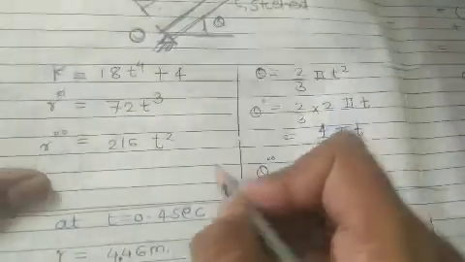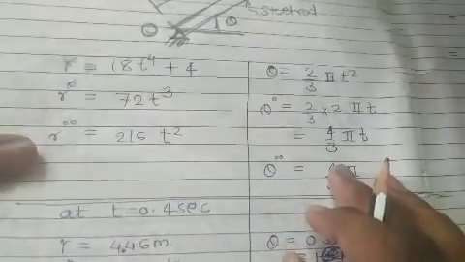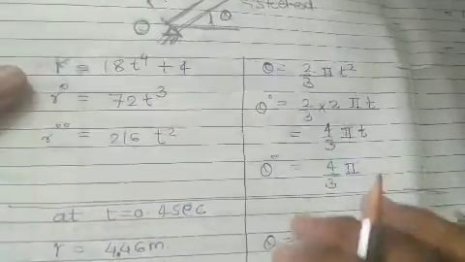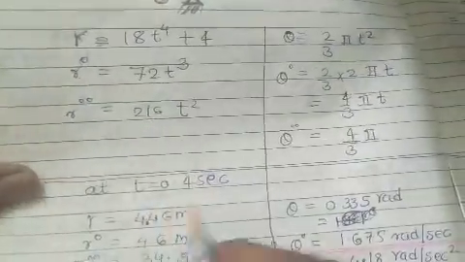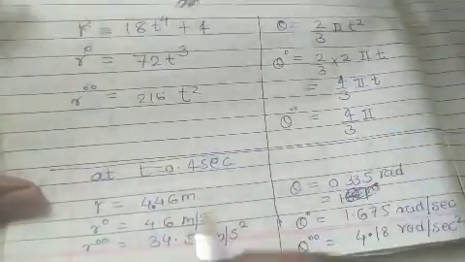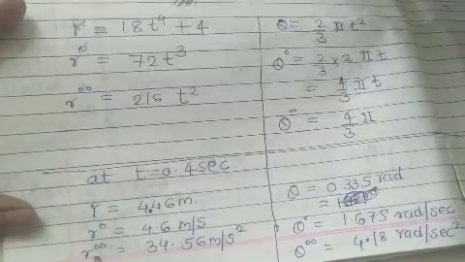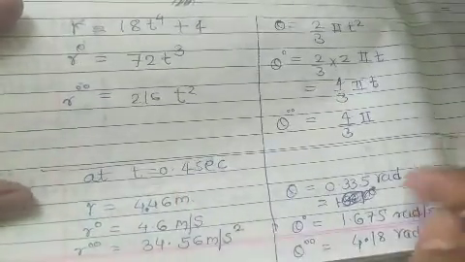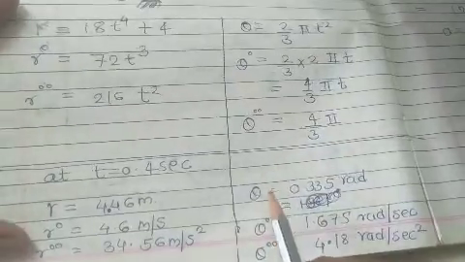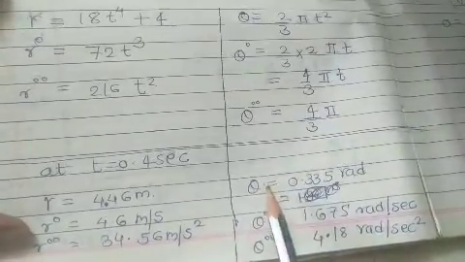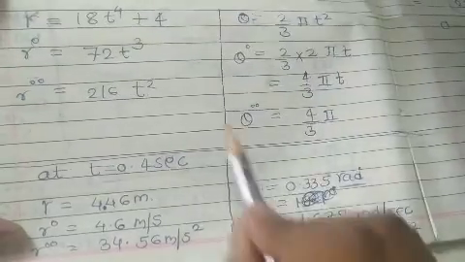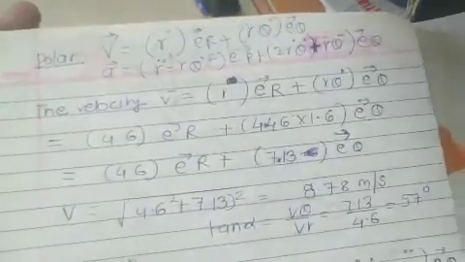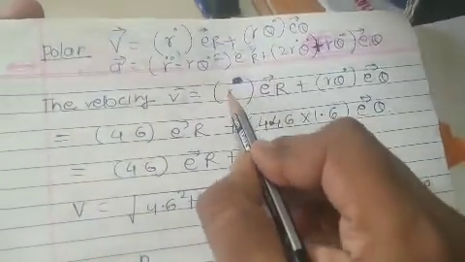Now the boundary condition is given as t is equal to 0.4 seconds, where we need to find the resultant velocity and resultant acceleration. So as needed in the formula, we'll find the values of r dot and r double dot by putting t is equal to 0.4, and in the same way we'll find the values of theta in radians, theta dot and theta double dot, by putting these values in the equations. Then it is just a substitution of values in the formula.